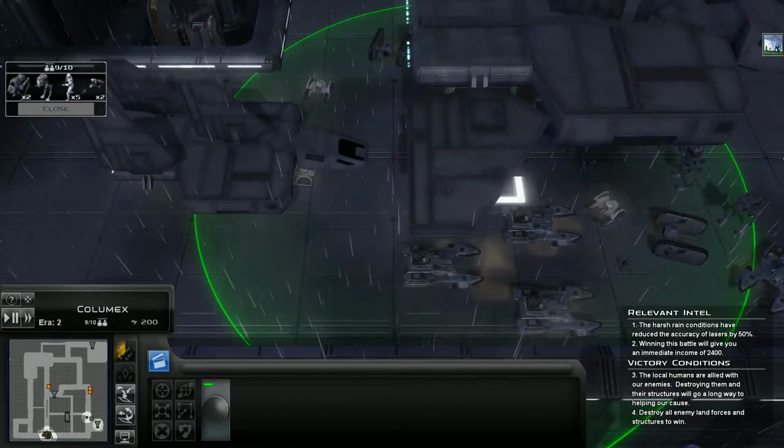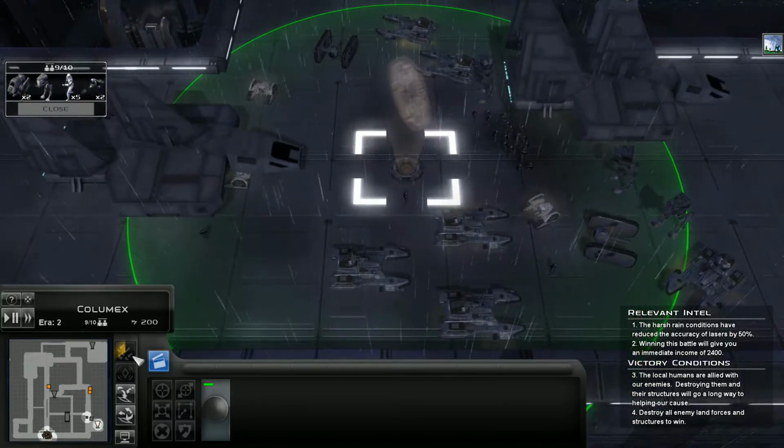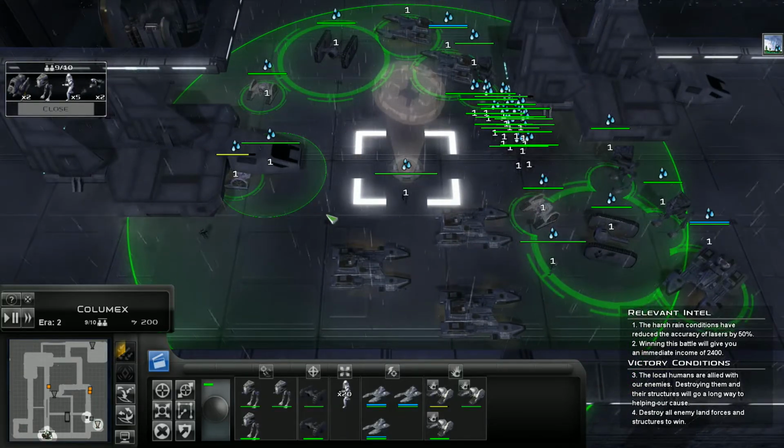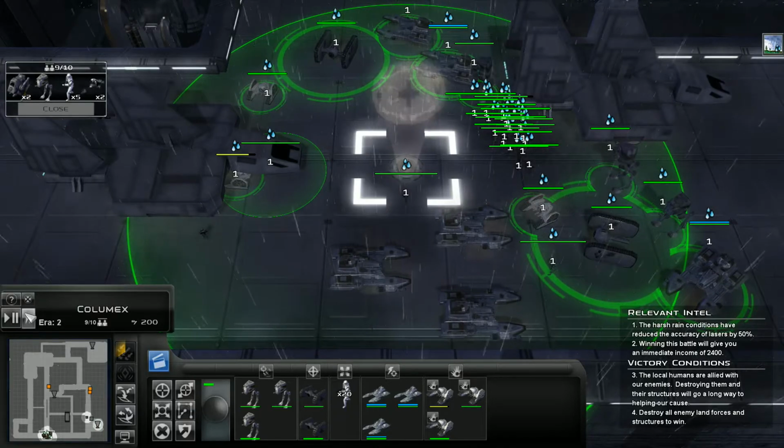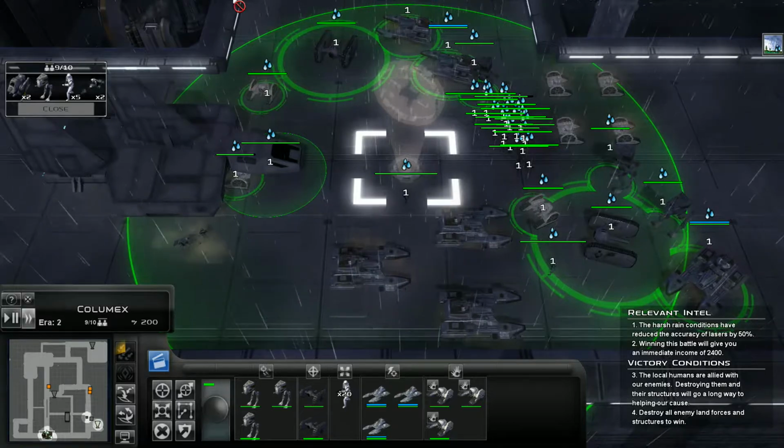And I do like these little maulers. They're so good at taking out infantry. Okay, speed up time while we wait for all of those guys to disembark. Infantry take a long time to disembark sometimes, so what I might do...